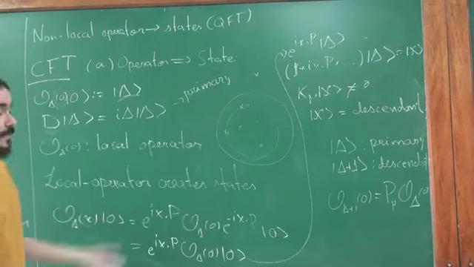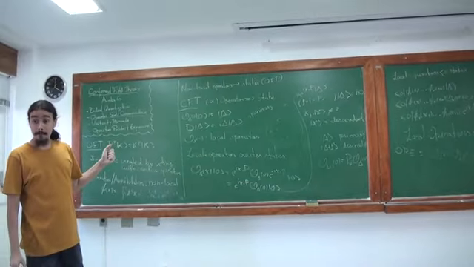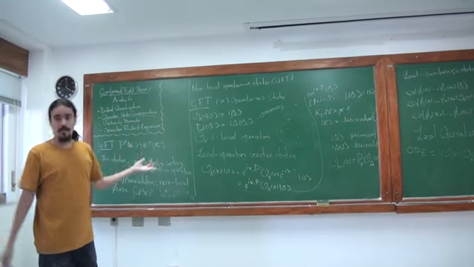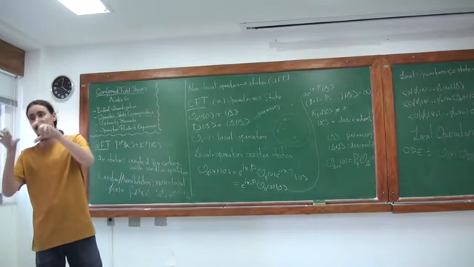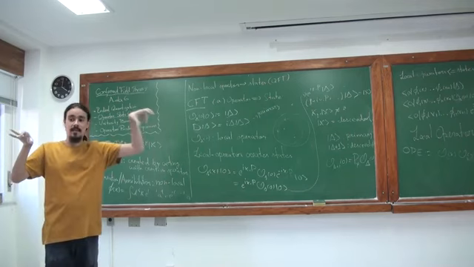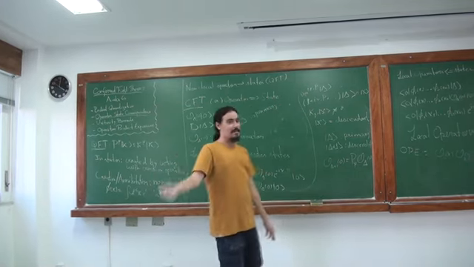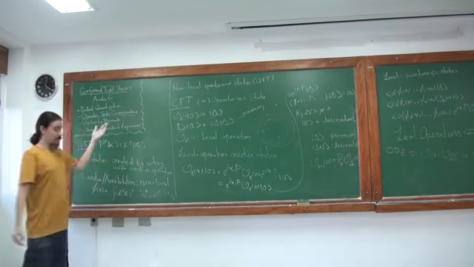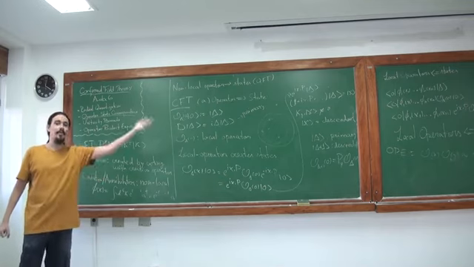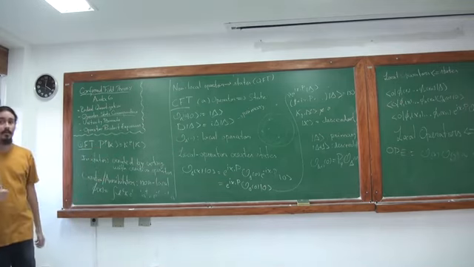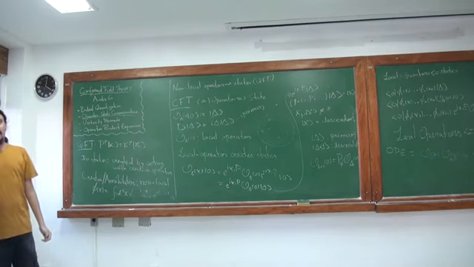For a 2-point correlation function, it holds for all distances, for any two operators. So if I have a 2-point function, I can play this game. If I have an n-point function, I can play this game for any two operators and do it iteratively. This is how we relate the n-point function to the (n minus 1)-point function, all the way back to the 2-point function that we know exactly by conformal symmetry. That is how we will be able to compute the structure constants and the conformal blocks.